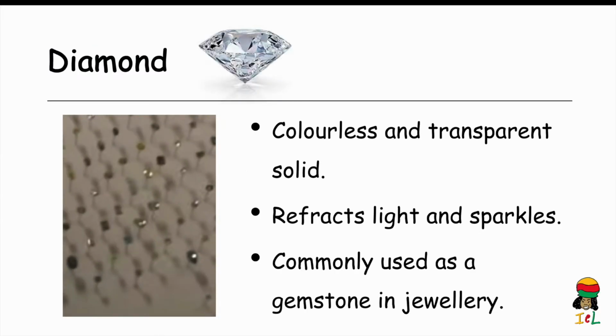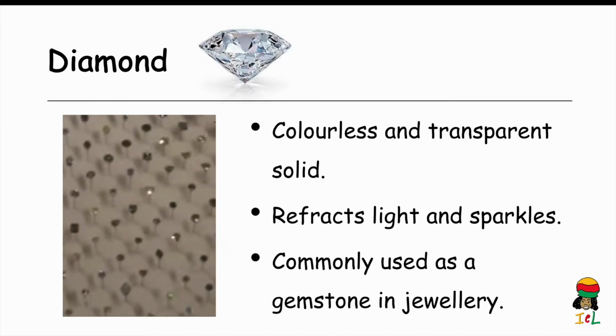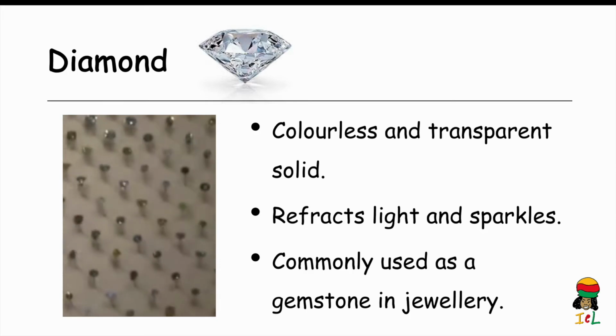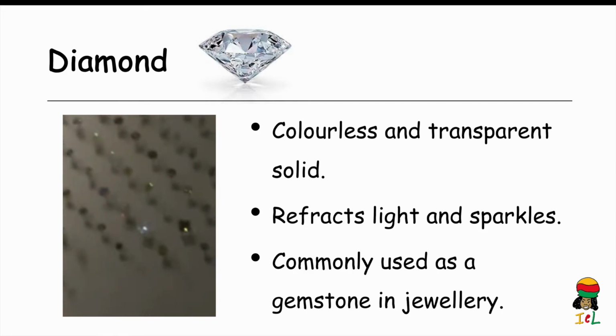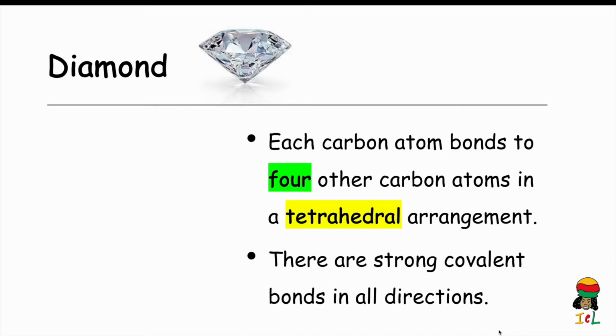Diamond is a colorless transparent solid that sparkles because it refracts light. Diamonds are commonly used as gemstones for making jewelry. Diamond is an element of carbon that consists of only carbon atoms covalently bonded together. If you look to the left of the screen, you will see a black circle representing a single carbon atom